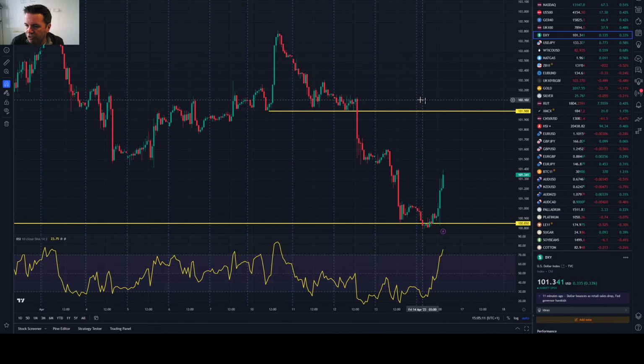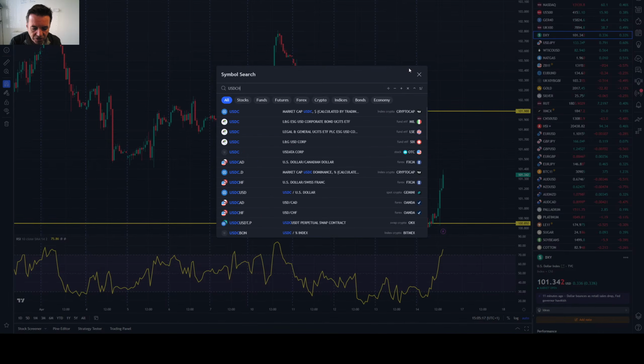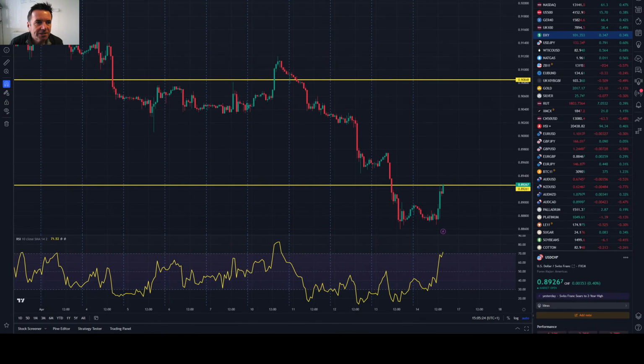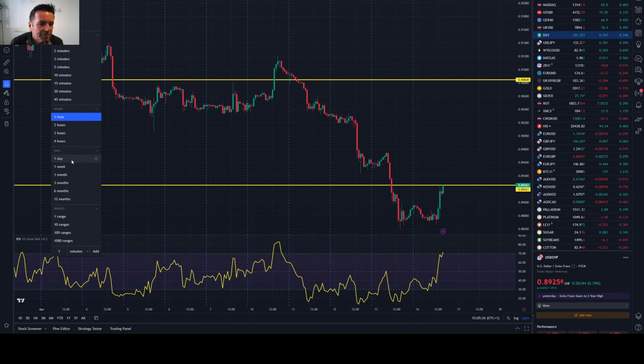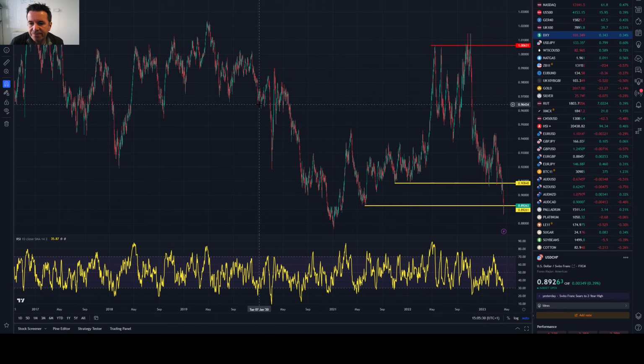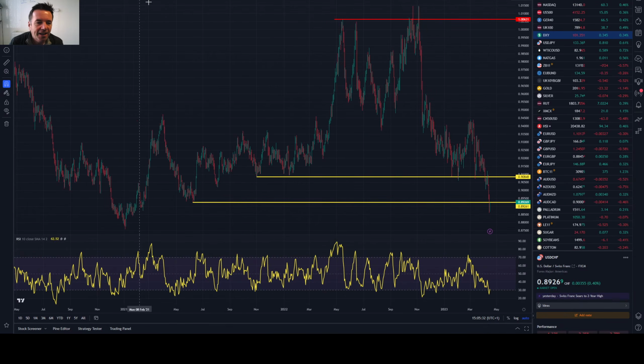What do you think about dollar Swiss? The dollar against the Swiss franc. Have I got that on my list? No, I haven't. Dollar Swiss. The price is respecting the downtrend. Let's have a look. Since the 16th of March. Oh, it's interesting, isn't it? What do you reckon? An aggressive trade would be to start thinking about a bottom being formed down here. Want to be aggressive?